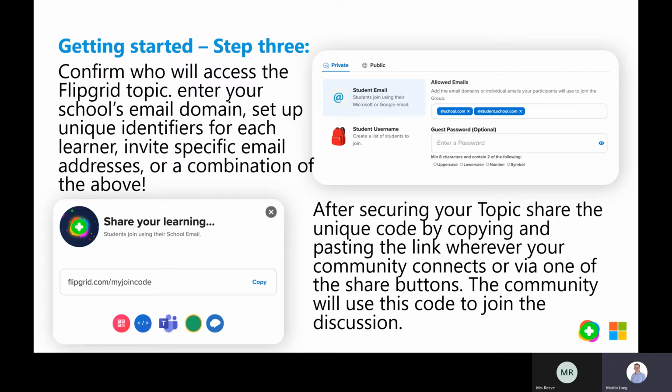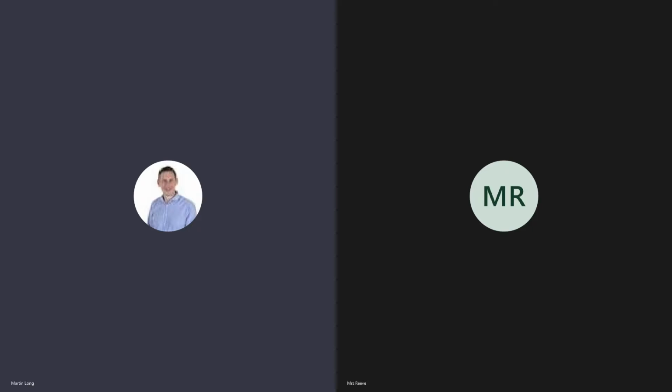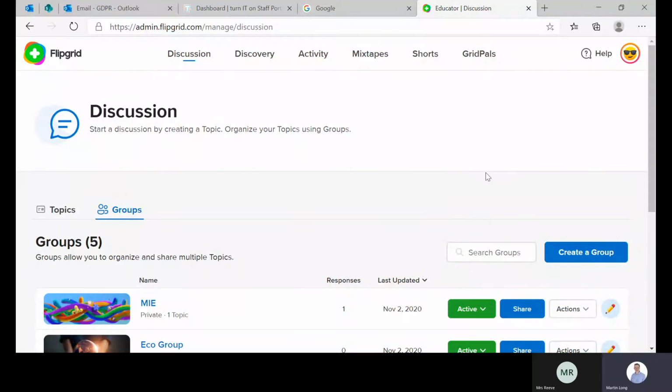So I think that's probably a good opportunity just to swap over and look at Flipgrid itself. So I'm just going to swap screens a moment and share the screen where I've got Flipgrid. Where you log into Flipgrid itself, it's really easy to find. If you go to a web browser and you just search online, you will find Flipgrid, and once you've signed in, it's here, but I should just show you how to reach that.